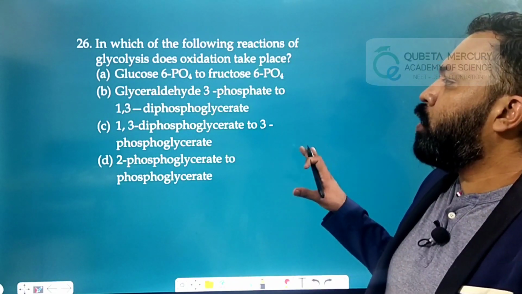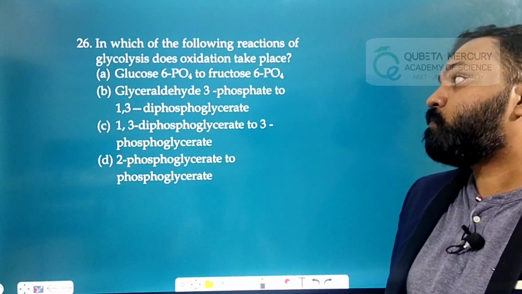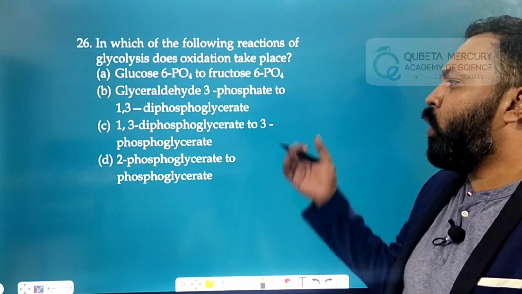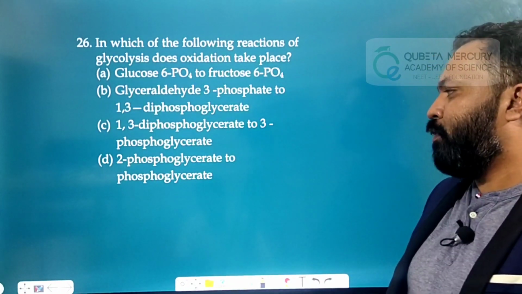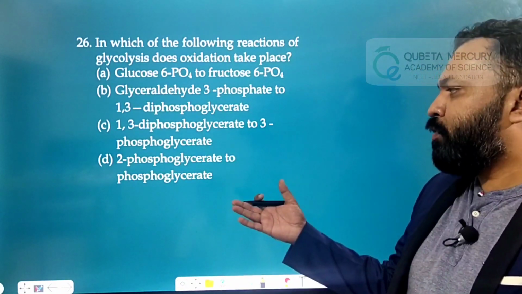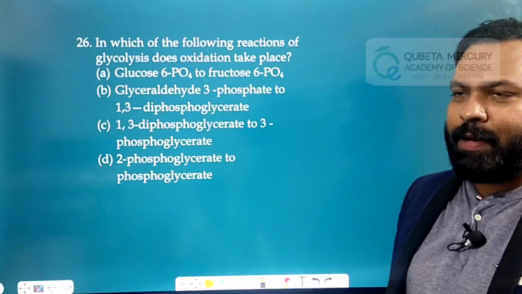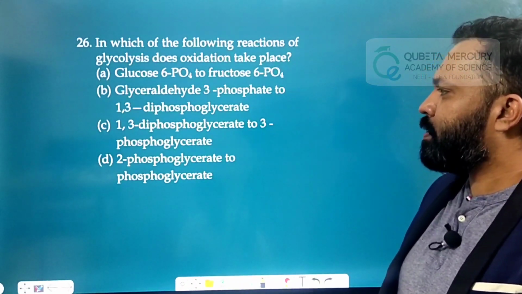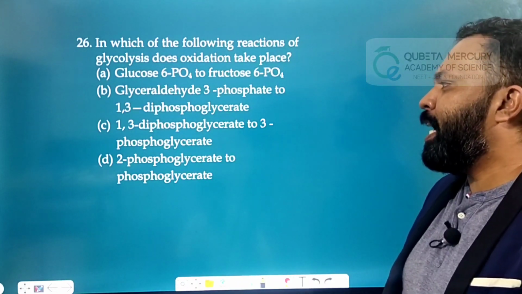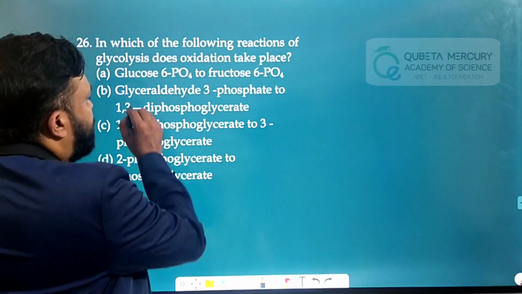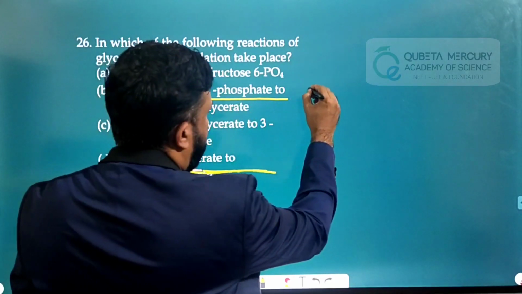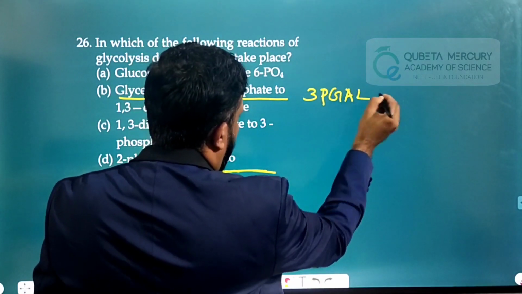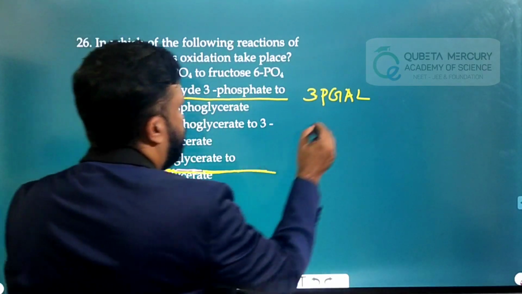While converting glucose 6-phosphate to fructose 6-phosphate, glyceraldehyde 3-phosphate to 1,3-bisphosphoglycerate, 1,3-bisphosphoglycerate or the diphosphoglycerate to 3-phosphoglycerate, phosphoenol pyruvate to phosphoglycerate. Yeah, the oxidation reaction that will emit ATP and NADPH, right? That will emit NADH precisely. That oxidation step is the conversion of glyceraldehyde 3-phosphate, that means 3-PGAL, 3-phosphoglyceraldehyde into